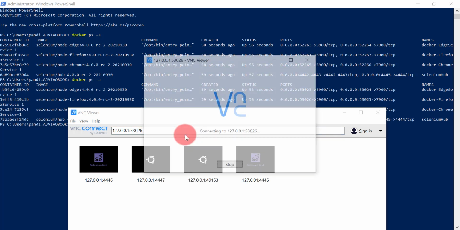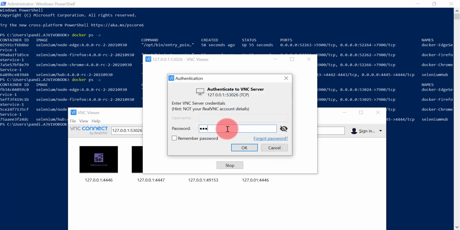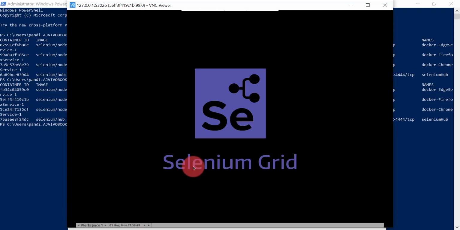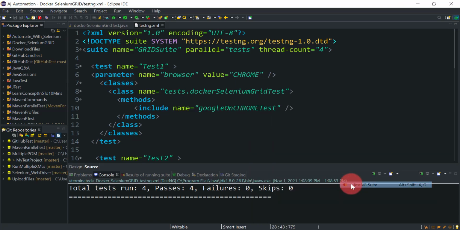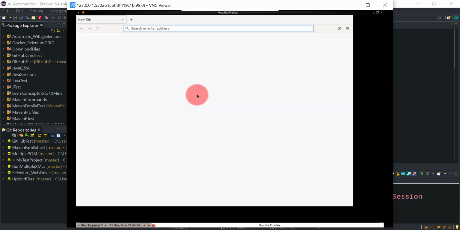The same password we need to add here, secret. So this is the Firefox Linux container. Let's see if it starts the execution. Yeah, it has started now.